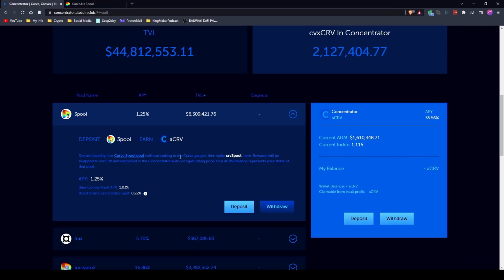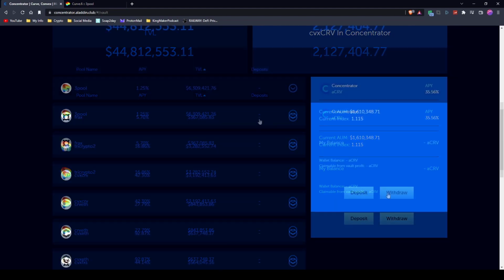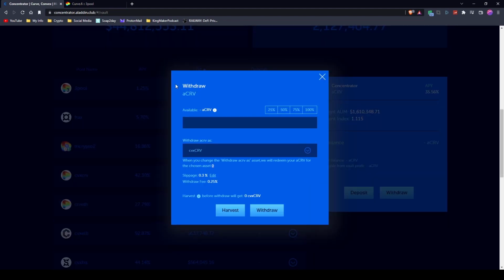The rewards is also explained there in detail. It's only 1.25%. You can see they have it divided, and here's going to be the same thing. So it's going to show the same thing, same explanation and steps there. The withdrawal window is going to look something like this. You select the amount of aCurve you want to withdraw by the percentages they have accumulated, and then they